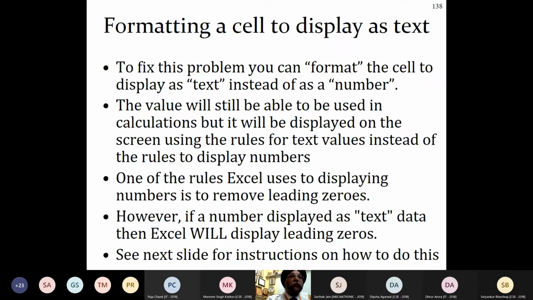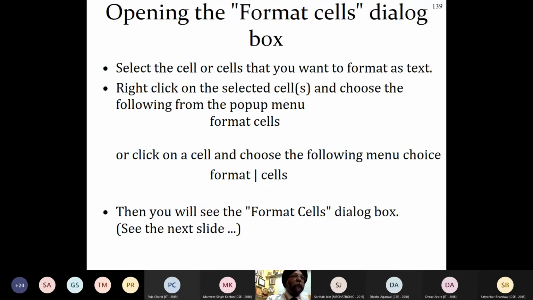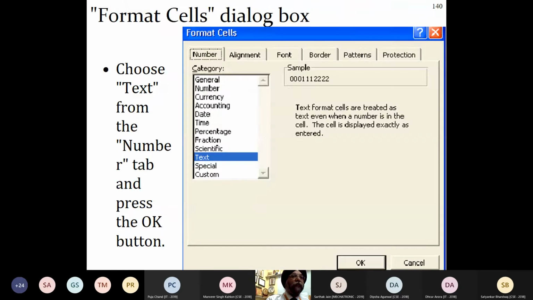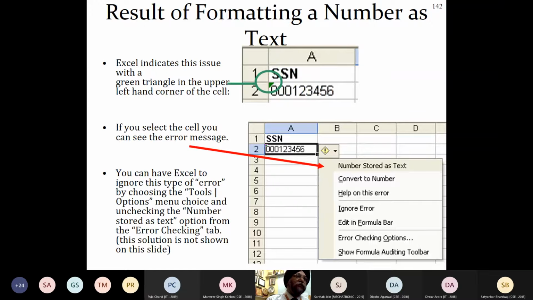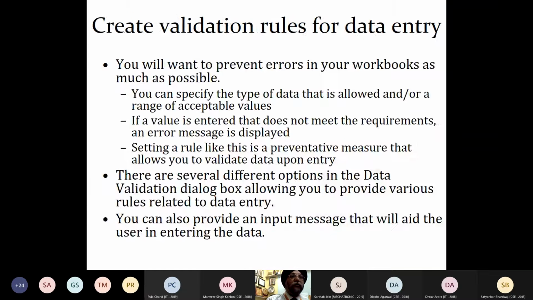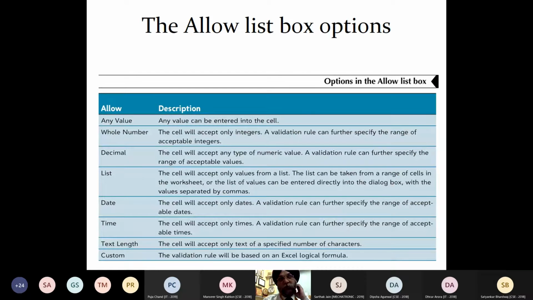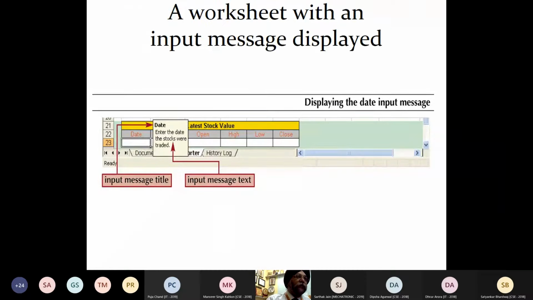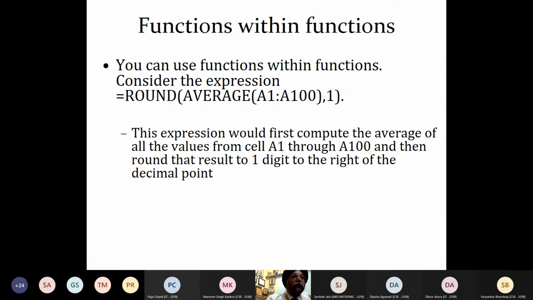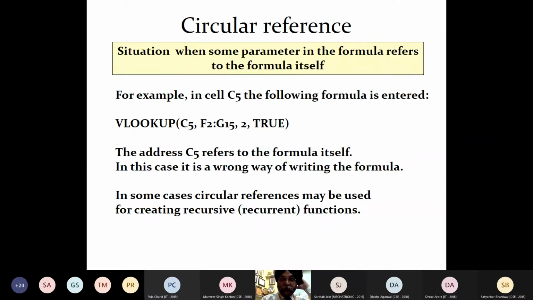Okay, formatting the cells, type of formatting, even the text formatting with the zeros. We studied that if you want to put zeros, then how it will look like. Data validation also we have done yesterday, day before, I suppose. And circular referencing, functions with circular reference. I asked you about this, that circular referencing itself is an error. So does it always work?